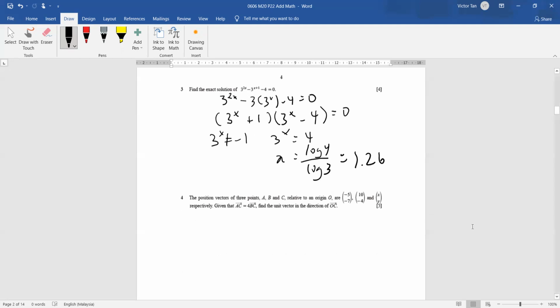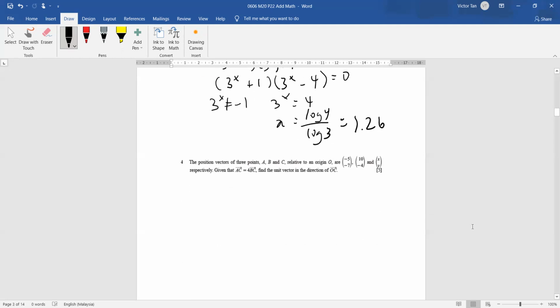The position vectors of 3 points A, B, C relative to origin O are given respectively. Given that AC equals 4BC, find the unit vector in the direction of OC. So you will need to find x, y to find the position vector of C and then find the unit vector. So what is AC? AC is OC minus OA equals 4 times OC minus 4 times OA. So you have (x, y)